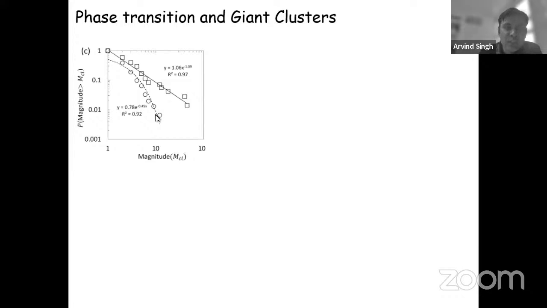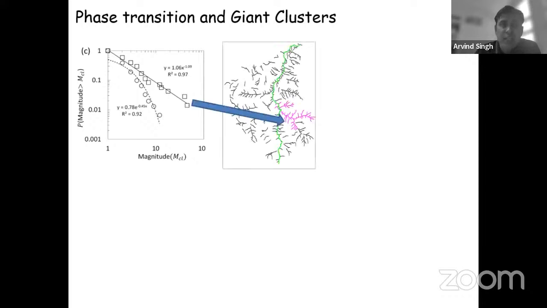So like we talked about the power law exponent, or the critical exponent, and the distance at which this power law is occurring, or phase transition is occurring. If we look at the giant cluster, we also know that at phase transition, a giant cluster forms that will remain the largest throughout the evolution of the network. And if we look at the spatial distribution, or where exactly on the network these giant clusters are formed,